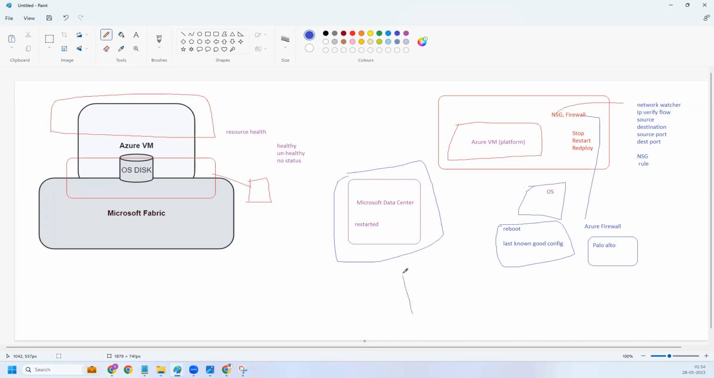If the VM is not able to RDP, go to the VM health status, resource health, and check if the VM is healthy or not. If it is healthy and still not able to RDP, go to the boot diagnostics of your VM, check the current state of your VM. If it is in a control alt delete screen and you're still not able to RDP, then try to get into the serial console to see if you are able to connect. If you are able to connect to serial console, which means your operating system is fine, your backend